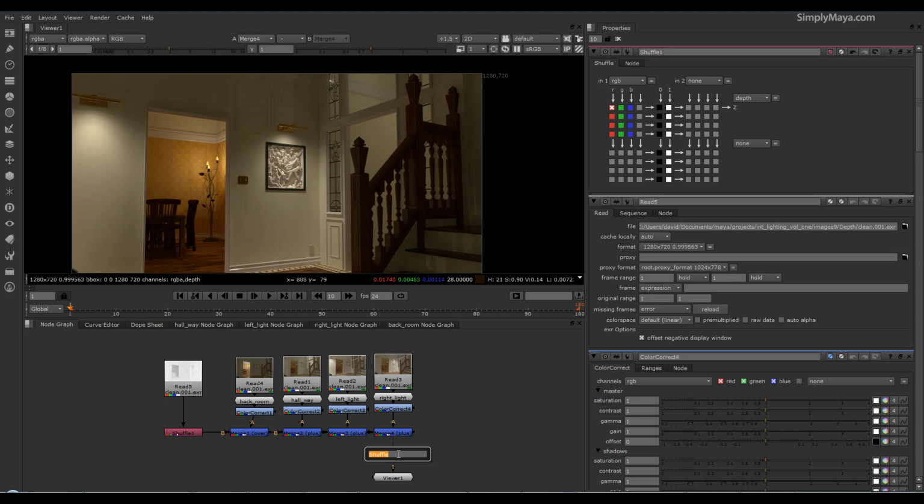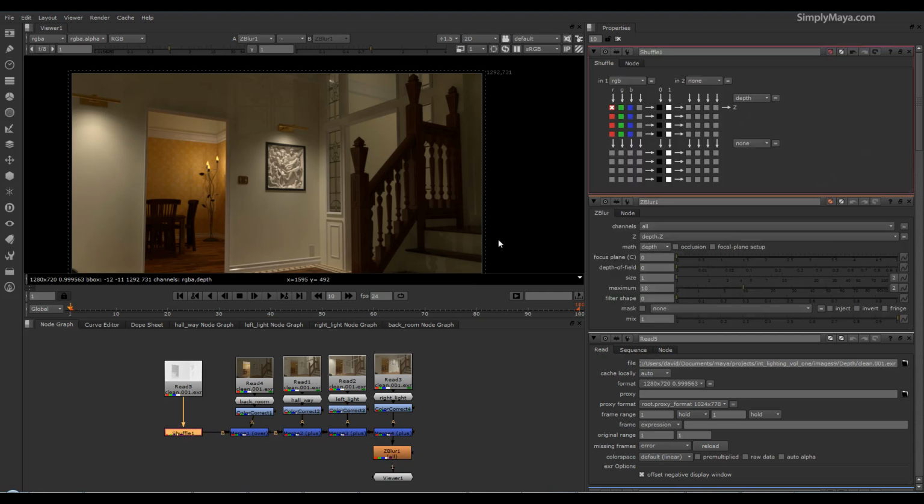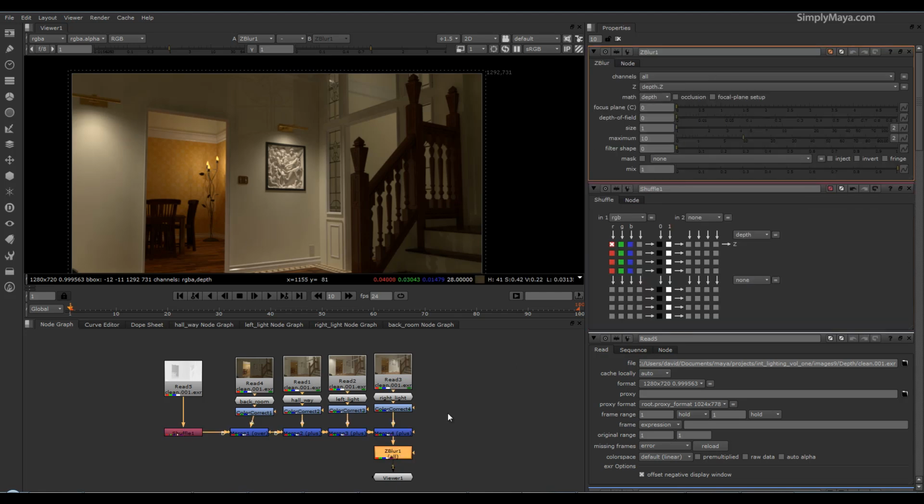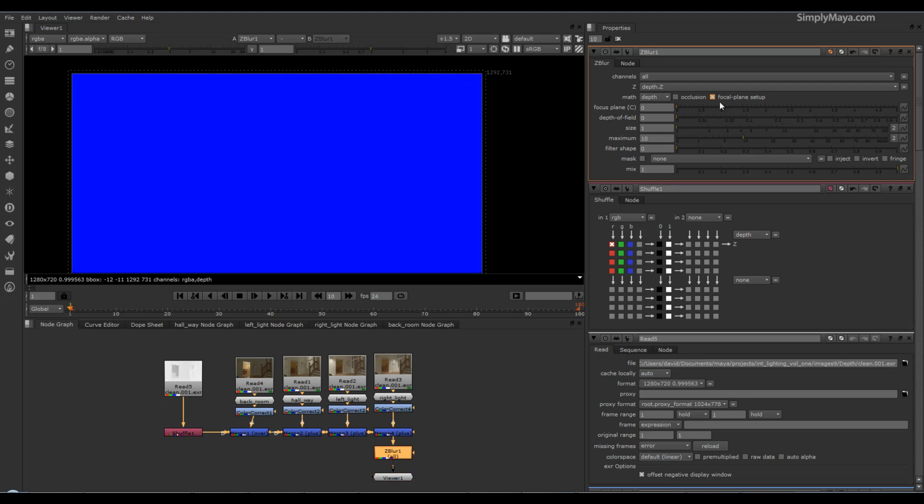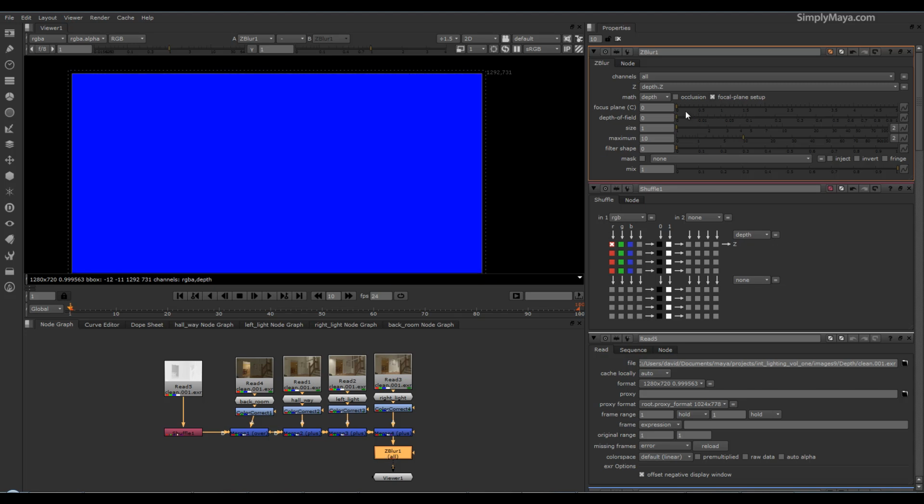So let's just try for Z blur. Okay, whack that in there. And you'll see the whole thing has gone slightly blurry. So if I click on this, we can sort that out. I get a focal plane set up. Now what this will allow you to do is focus in your image. So let's say I want to make this my focal point. What I would do is grab this focal plane set up,